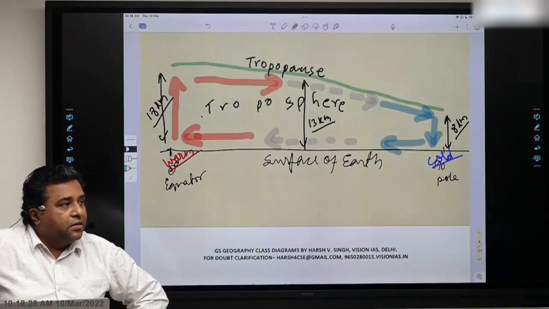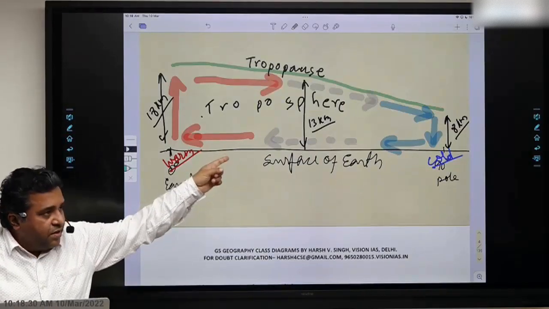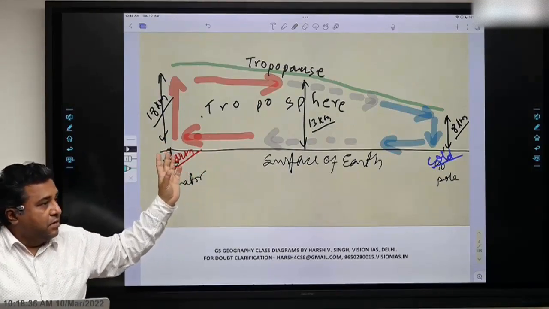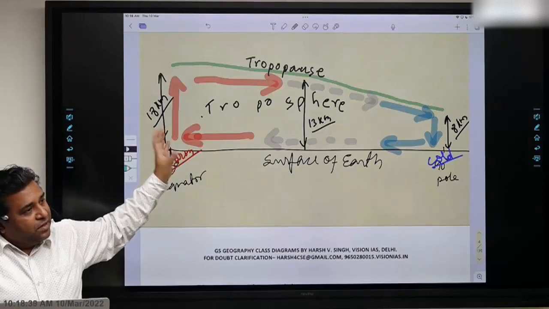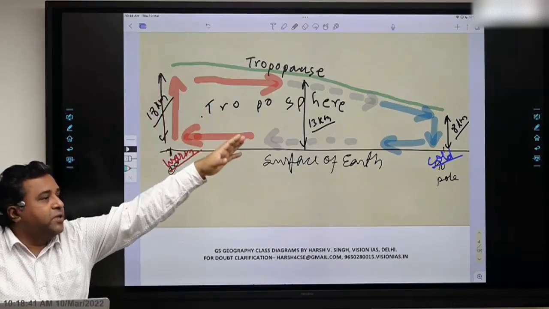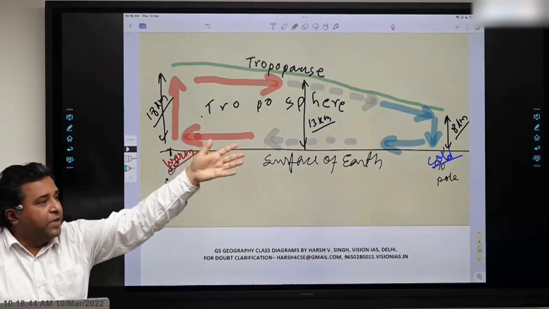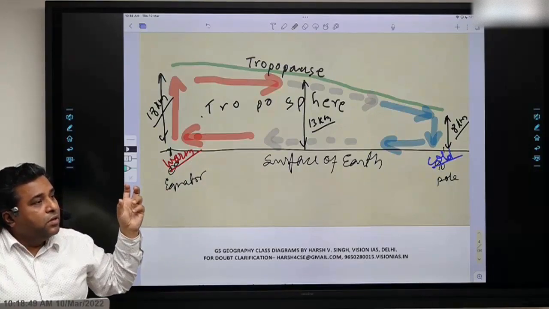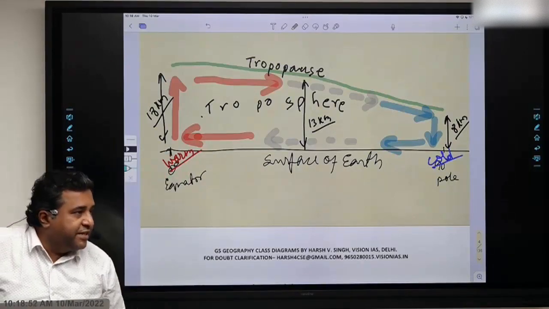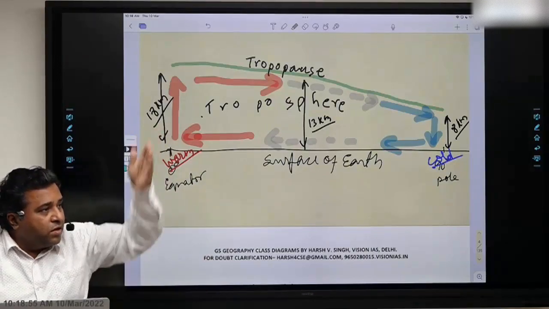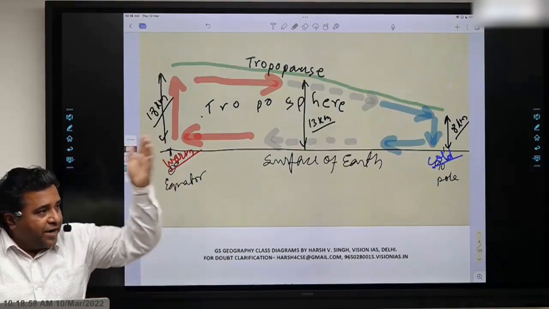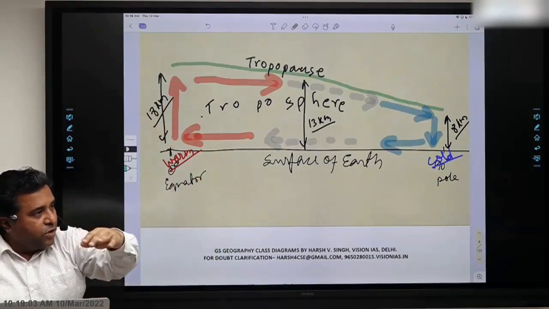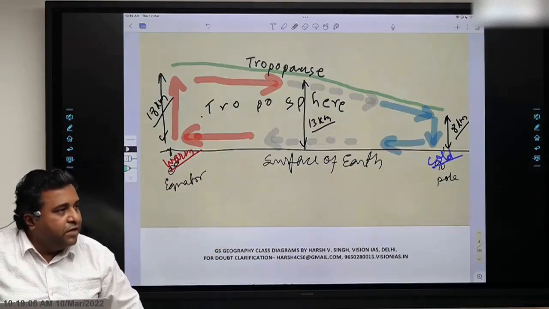Can I explain the one we just did? This one. So what is happening here? The air is coming from the colder region to take heat. When it comes here, it takes heat. Then it goes up, goes towards the pole, and ultimately passes on some heat to that region. It becomes cold, comes down, again comes back to take heat. Okay? Like the bucket mechanism you must have seen inside a well, right? Rope and bucket. So the bucket becomes empty, goes down, brings water, pours the water, again becomes empty and goes down. Right? All right.